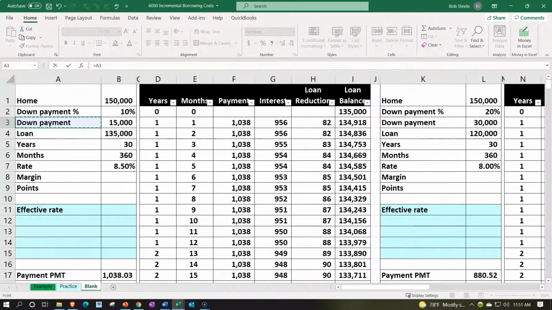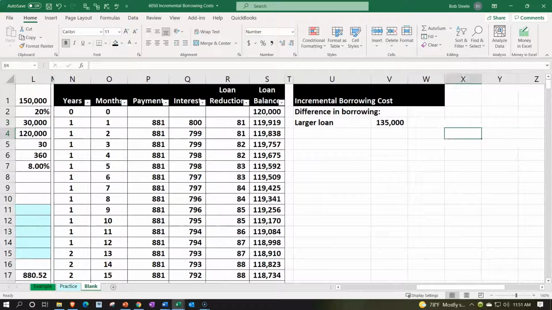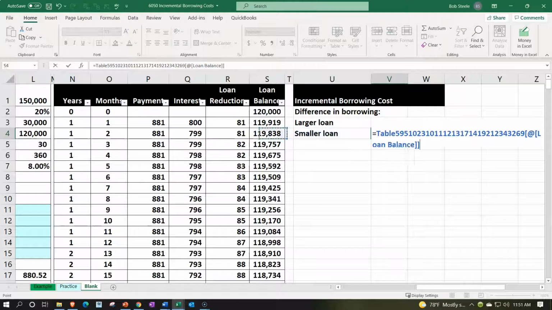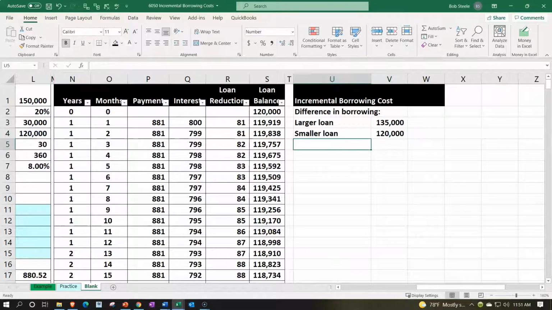was equal to, that's the one all the way to the left. I'm going to say equals. I'm going to pull that 135,000 there. And then versus the smaller loan, which I'm going to say is equal to the 120. Put an underline there, font group and underline for formatting's sake. And then this is going to be the difference